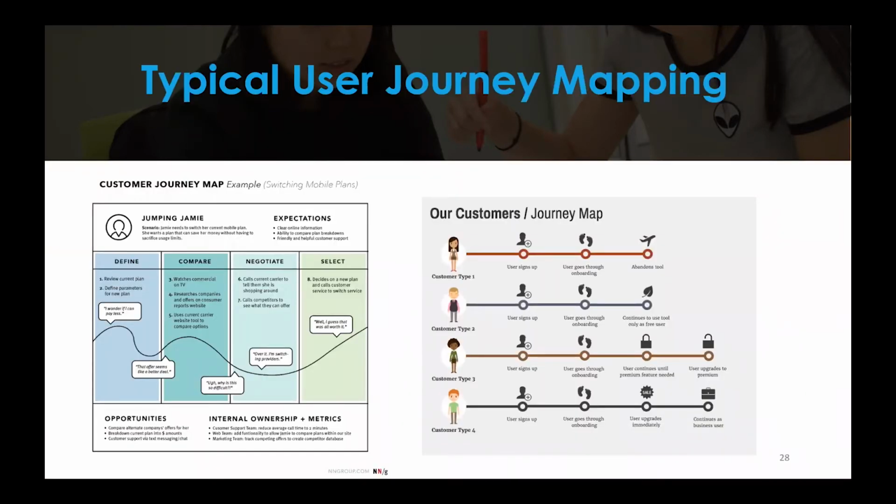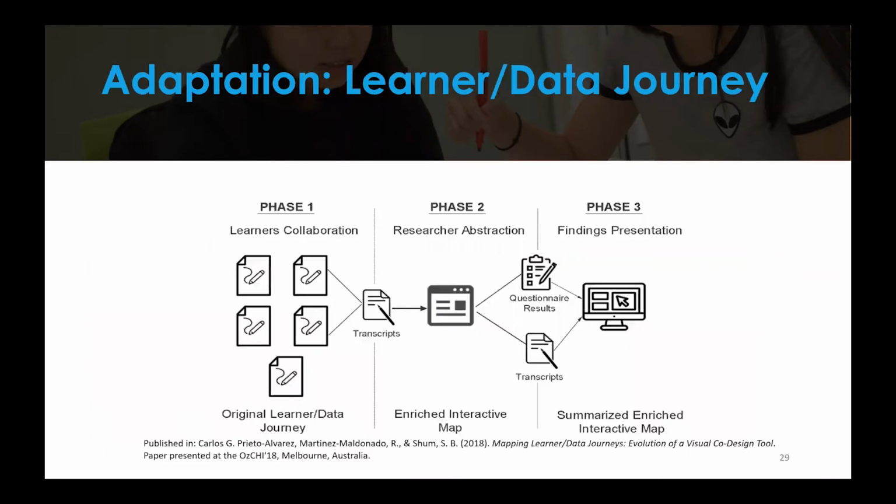For this, we got inspiration from current journey mapping. What is a journey mapping? A designer uses a journey mapping to illustrate what is happening the moment people interact with a service and move on through until they get what they want. And this allowed people to understand where the pain point is, where the problem is happening, how different customers actually use the same product, and how we can visualize this. Usually this is used by designers and not done in collaboration. We wanted to do this in collaboration for learning analytics, and we came up with a map.